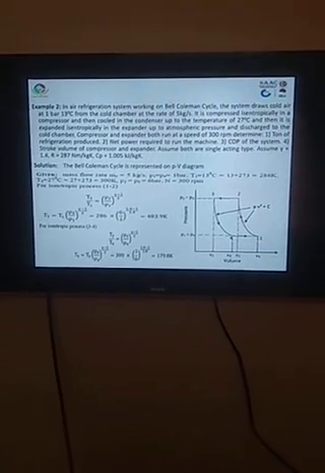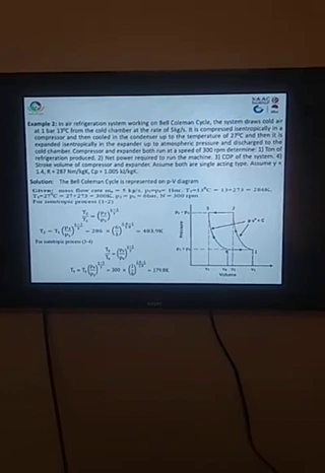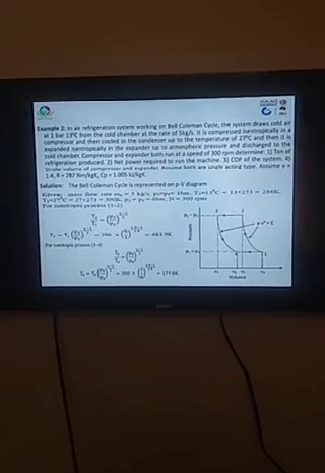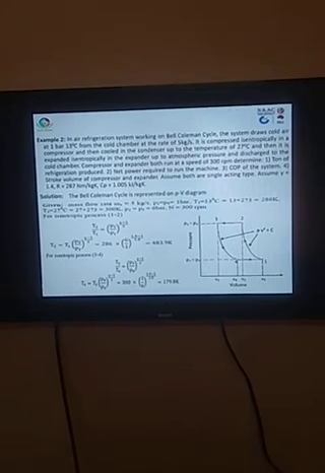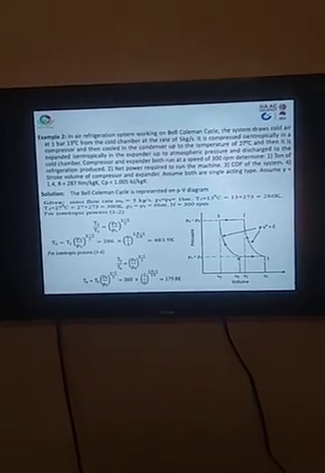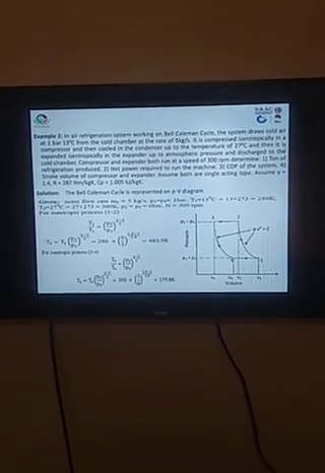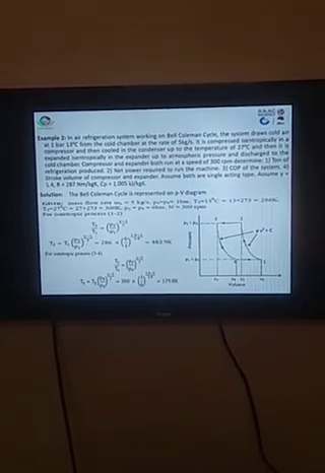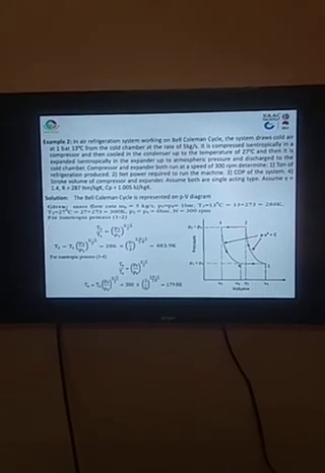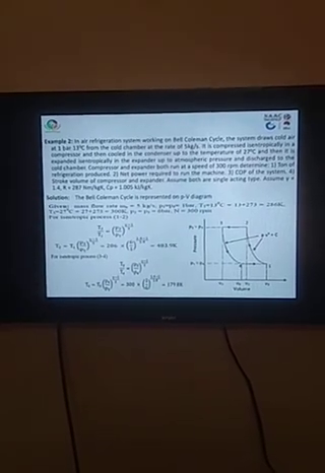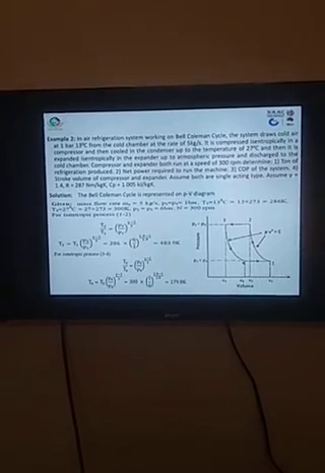So from this particular statement, first we need to write down the given data. The given is like this. The mass flow rate of the air is 5 kg per second. The pressure at the starting is P1, which is same as P4. Because it is a constant pressure process, P1 equal to P4 is equal to 1 bar pressure. The temperature at the starting is 13 degrees centigrade, so in terms of Kelvin it is 286 Kelvin.